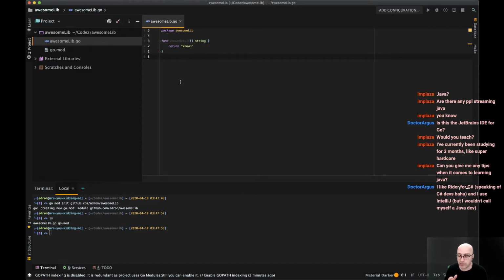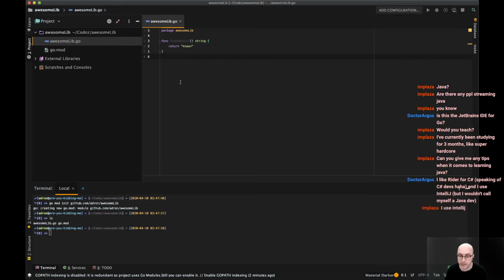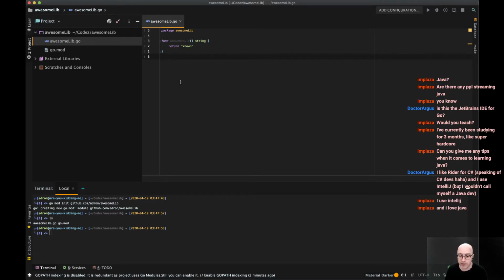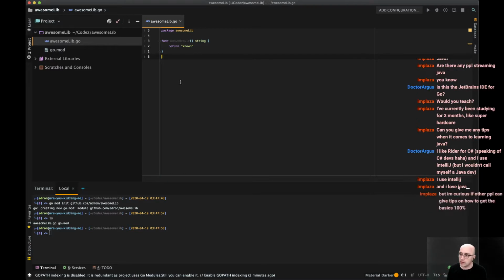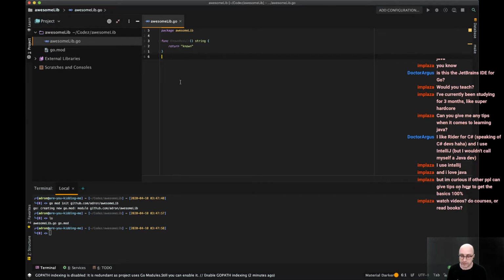Rider for C#, yes, JetBrains Rider for C#, also badass. I have also streamed a lot of C# code with JetBrains Rider. Now I use IntelliJ for everything from writing Terraform for infrastructure as code, and I use it for the Java code that I do write whenever I write that. And I also use it for, let's see, your infrastructure code. Sometimes I even have used it for Go development. Kind of funny that, but yeah, it's good stuff.